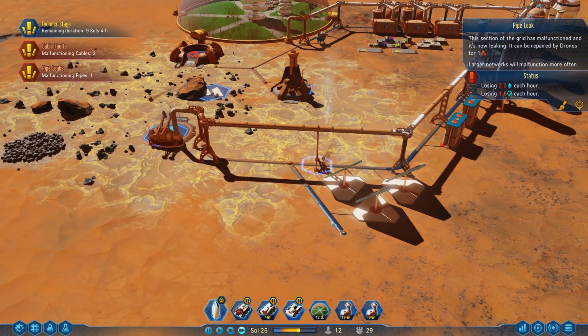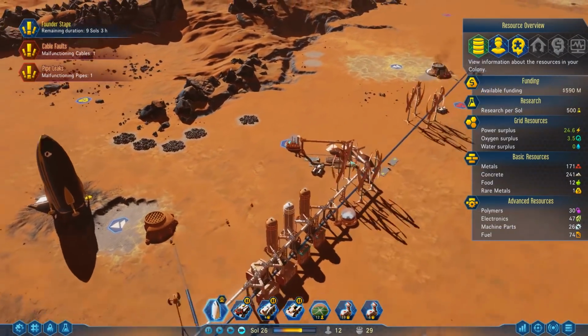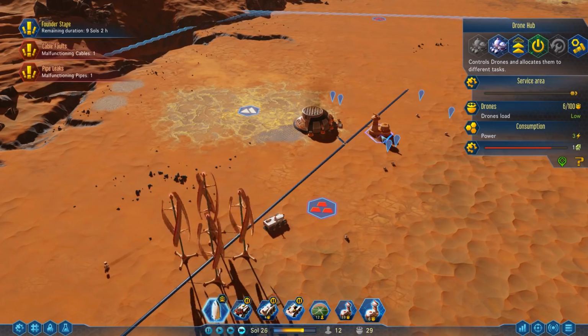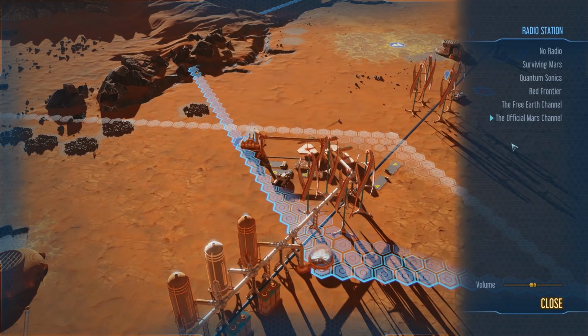Where are these at? Okay, so one over here. Where's the cable fault? It's up this end. So that's not huge problems at this time. And we'll order up a repair on the drone hub before it becomes an issue. Now I'm storing